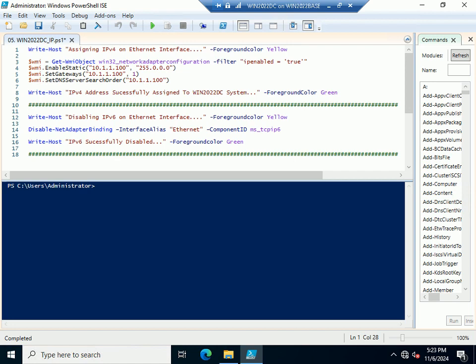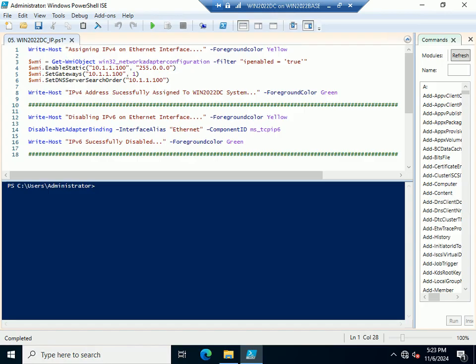Then it will set the gateway also, and it will set the DNS server also. Okay, so this is the first part of this particular script. The next part is it is disabling the IP version 6 component from the same network adapter,